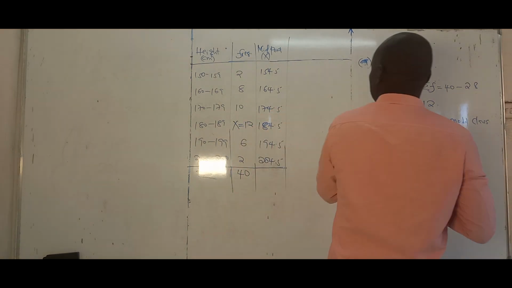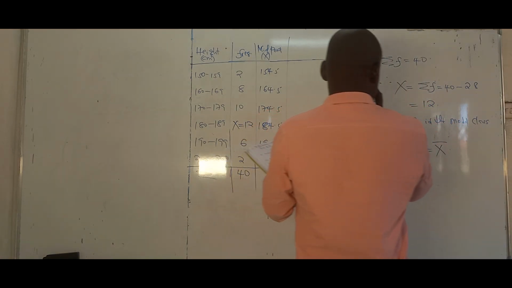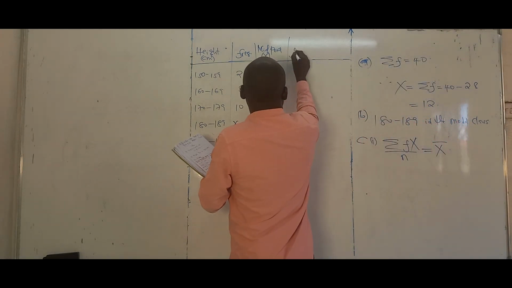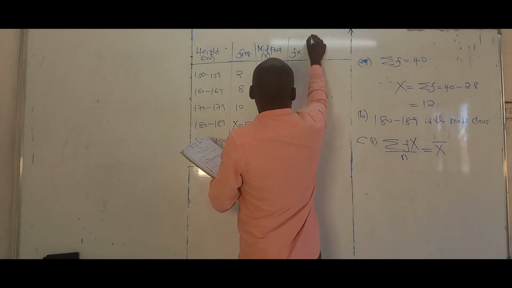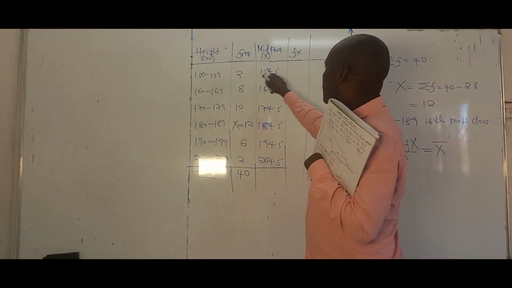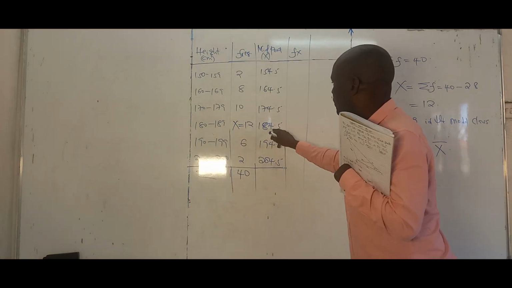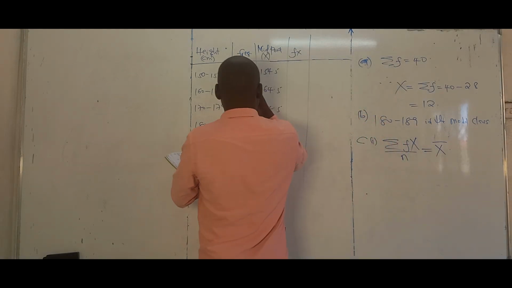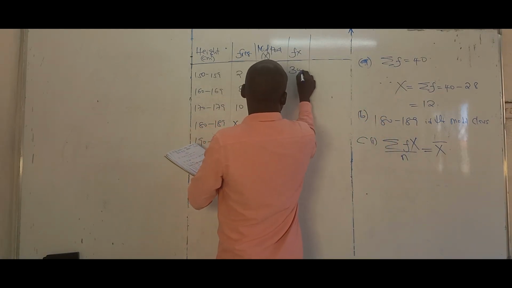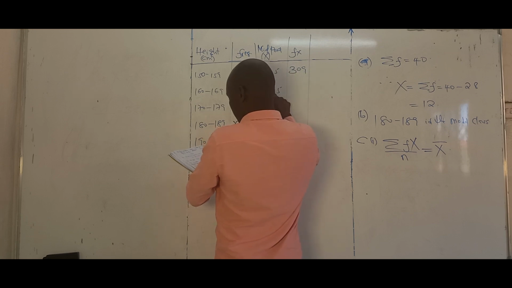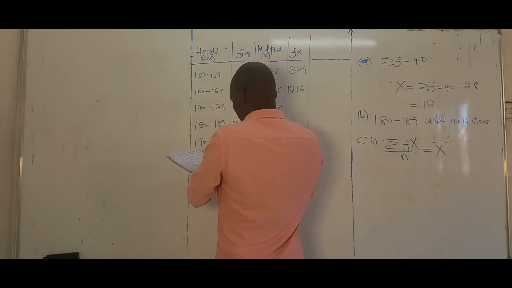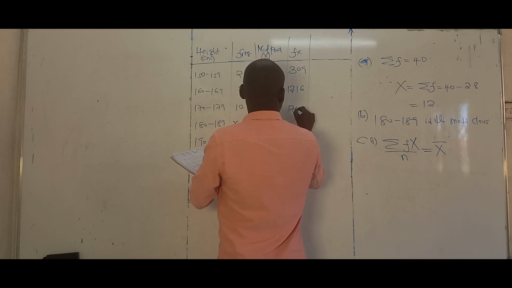Those are values of X. So the next assignment is, because I need Fx, to form an Fx column here. That means I'm multiplying this by this, this by this, this by that, throughout. So 2 times this should give me 309. 8 times 164.5 should give me 1316. The next should give me 1745,